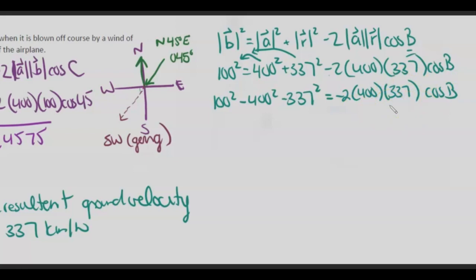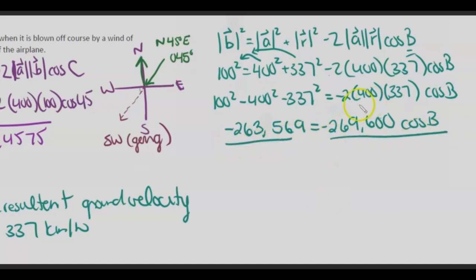So 100 squared minus 400 squared minus 337 squared. I get negative 263,569. Okay, and then on this side, I get 269,600 cos b. Oh, that's negative. So I'm going to go ahead and divide both sides by negative 269,600. Okay, those cancel out, and I get negative 263,569 divided by negative 269,600,